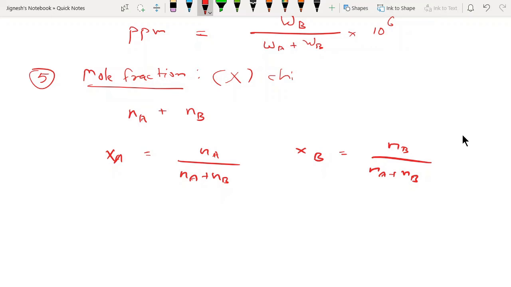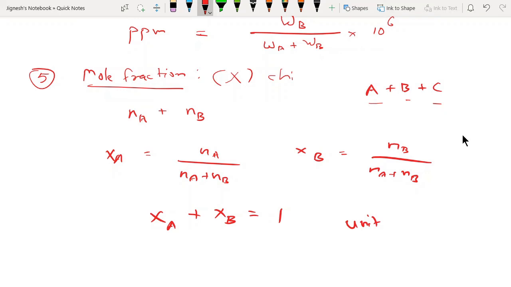It may be possible that in some solutions they give you three components, A, B plus C. At that time the total number of moles will be number of moles of A, number of moles of B and number of moles of C. And keep it in your mind, mole fraction can never be more than 1, and it's very interesting to know xA plus xB is equal to 1. Why? Because this is a mole fraction, and if you total the fractions, it is always going to get 1. And guys, this is a unitless quantity. It is a unit fraction. Unit is very very important, and we don't have any kind of unit over there.